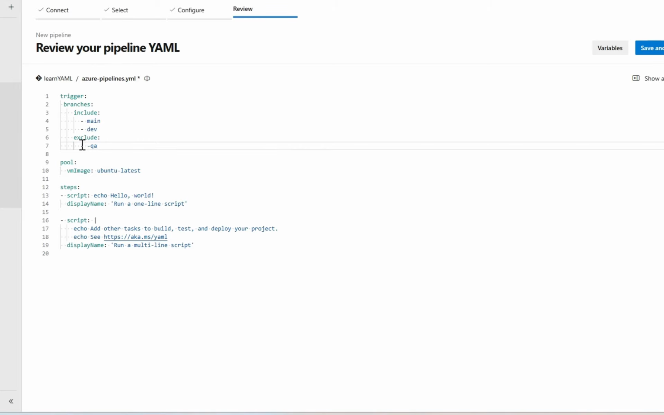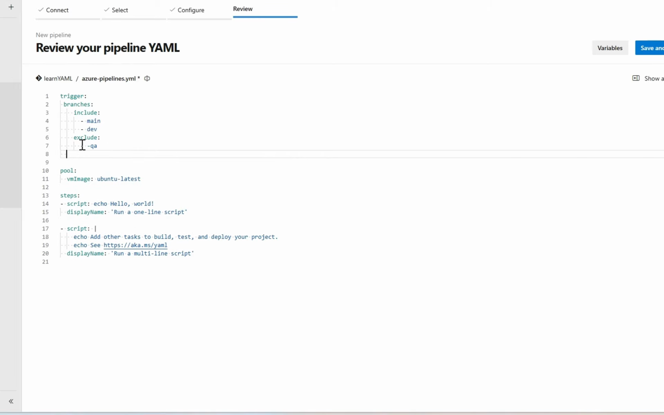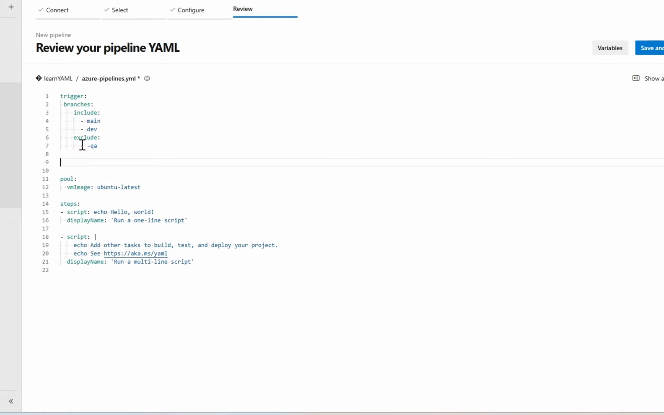And now we will proceed to schedule trigger. So what is a schedule trigger? Let's say for example, you want to run the build pipeline at a specific time. That is what we call a schedule trigger. So this is a branch trigger. We can provide a schedule trigger as well. How to do that? Just type